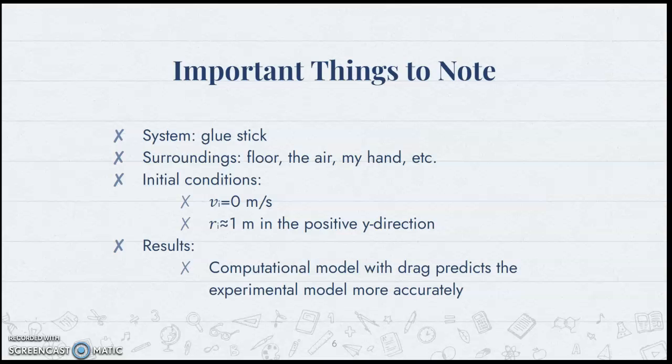glue stick. Here, the system is a glue stick and the surroundings are everything around it, like the floor, the air, and my hand. The initial conditions for the experiment are that the initial velocity is 0 and the initial position is 1 meter in the positive y direction. It takes the glue stick approximately 0.533 seconds to hit the ground. And the result is that the computational model with drag predicts the experimental model more accurately than the computational model